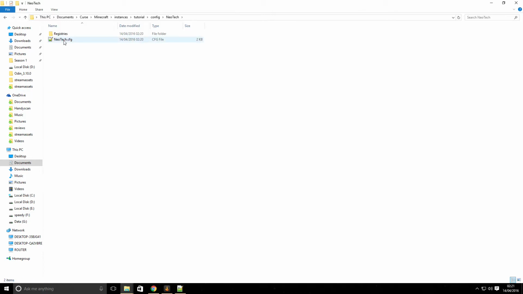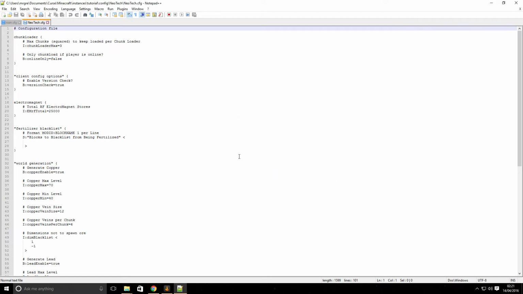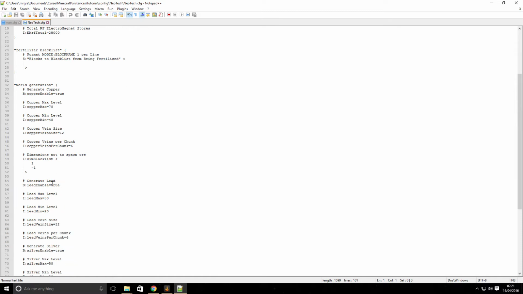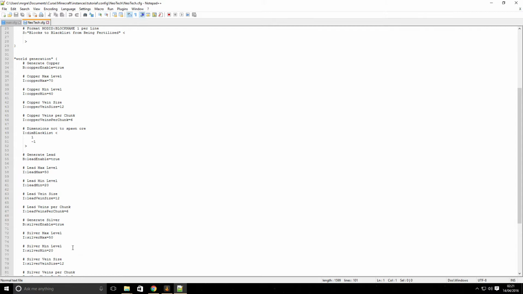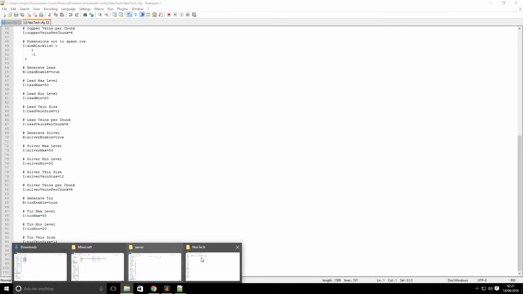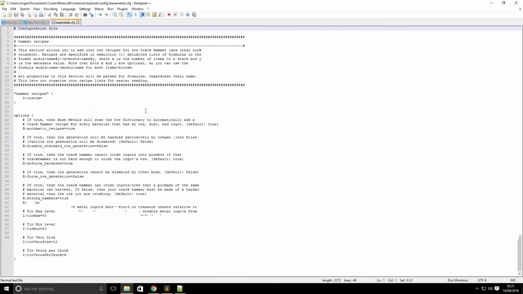Now, if we go into Neotech, and we right click it, edit with Notepad++, and it's saying that this one's been changed because Minecraft loaded it itself, so it changed its date. Right, we can see world generation, generate copper at the max level, minimum level, vein size, etc. Generate lead, generate silver, and tin. Okay. So if we come back to our config files and we go back to where's base metals? There we go. There's base metals. If we edit with Notepad,